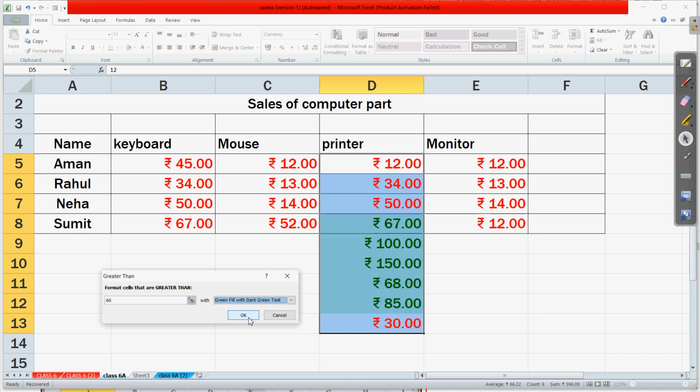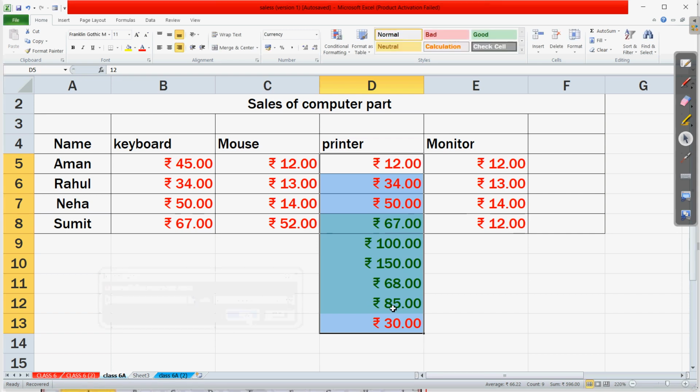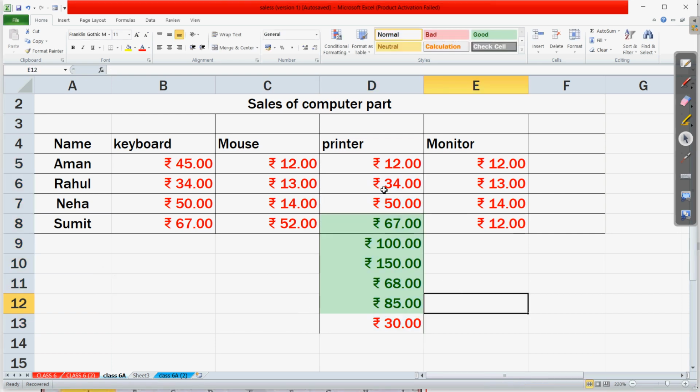If I select this and click on the OK button, you can now notice that all the values which are greater than 60 have a new color appearing. Clear? So this is an example of conditional formatting, that we can format the cells on the basis of some condition.